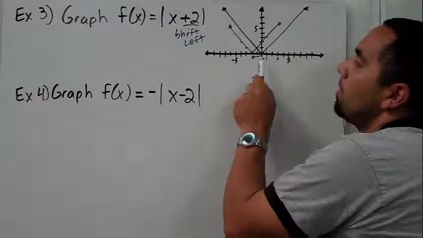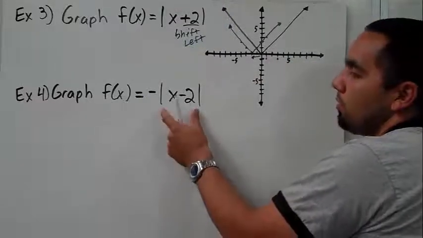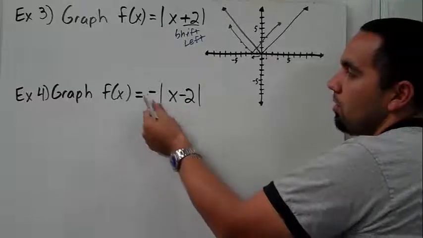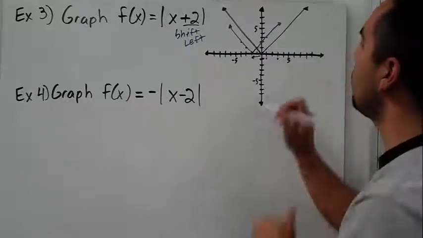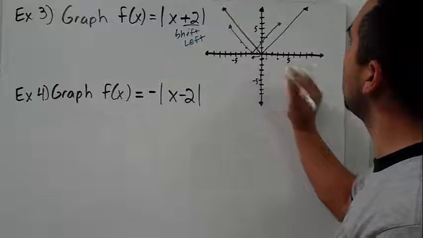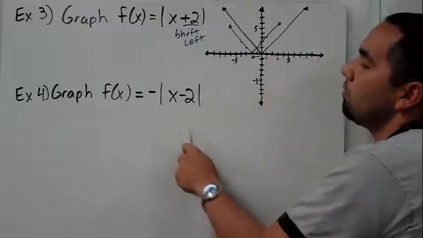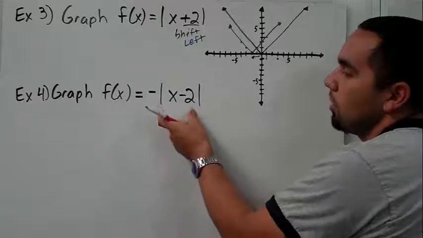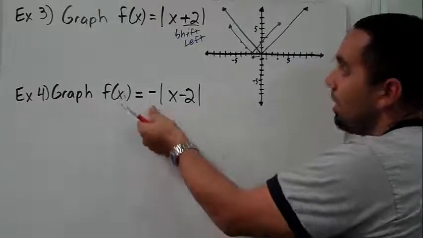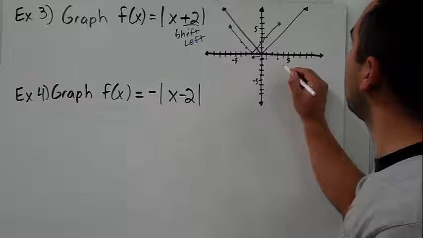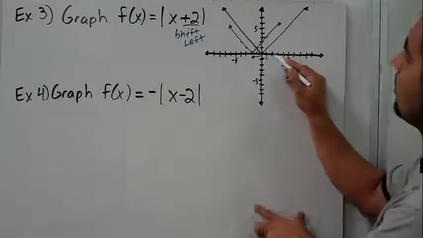Okay, let's try 0. 0 minus 2 is negative 2. We get positive 2 with the absolute value, but then we get the negative 2. So at 0, I have negative 2. What about, let's see, 1, 2, 3, we didn't do 4. 4 minus 2 is 2. Absolute value of 2 is 2. Then apply the negative, we get negative 2. So you can see with these points,